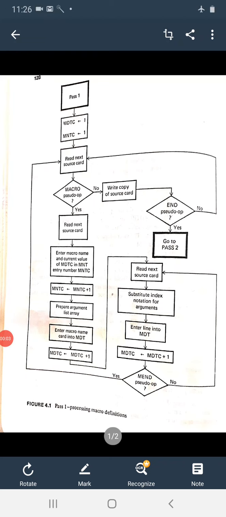Now this is the flow chart for pass 1 macro processor definition. As you see in the flow chart, the first one we have is pass 1, initialize the macro definition table counter as well as the macro name table counter to 1, and then we are going to read the source card. Once we read the source card, we need to check whether it is a macro pseudo op or